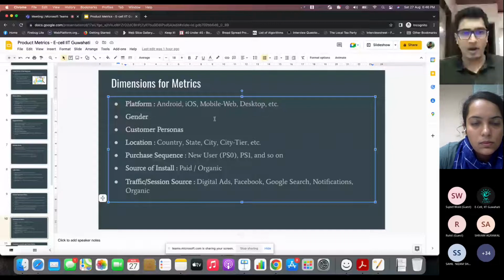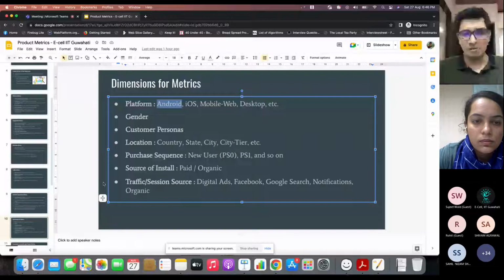And then, let's say, if a metric is dropping on Android but not on iOS, you drill down further for paid versus organic, app versions, etc. To drill down that my metric is dropping because of Android paid users, and I have to do something about it. That's how those questions are addressed.